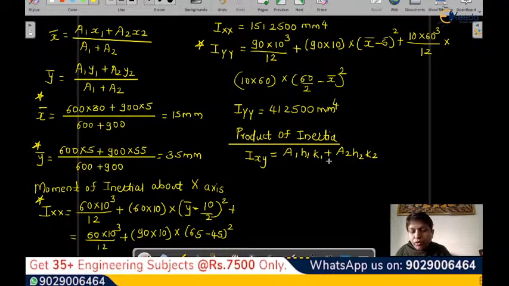Now here, what are all these? What is A1, what is H1, what is K1? Let's see all of them. So K1 is a horizontal distance